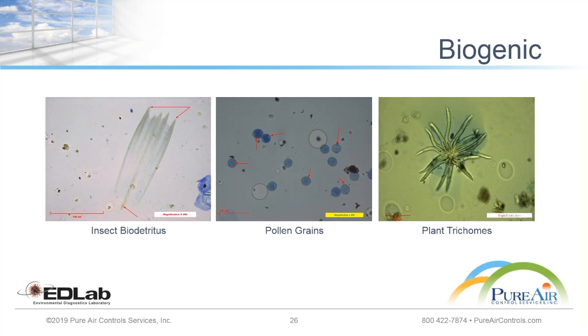So in other words, this is a special type of fiber which is generated on the plant surfaces and comes into the air due to trampling, meaning rubbing against the leaf surfaces or the flower surfaces, and they are set free in the air, and that's why they become airborne. That is a very good category of biogenic allergen. Someone might have decorative landscaping in the lobby of their office, and people are coming and going, and they brush against it, and this releases into the air where people start breathing it.